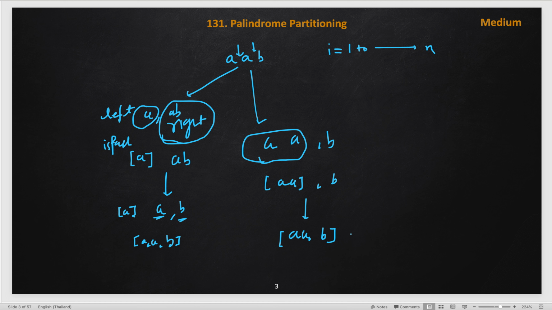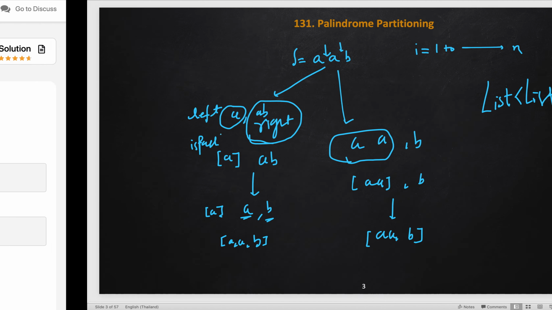So we will add it here, and when we stop our recursive call, we will write a recursive solution. Initially our recursive method gets string S. If S becomes empty, then we will add the current list into the result set. We will also maintain a list of lists which will hold all our solutions, each a list of strings. So we will keep this here, and this list we will keep growing. So this is straightforward. Let's implement the code.